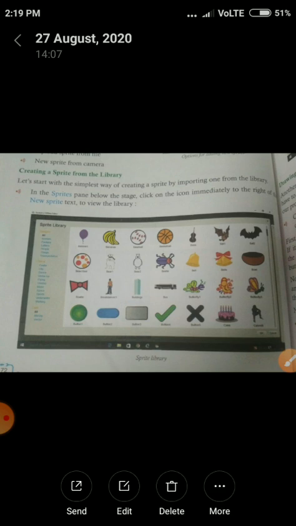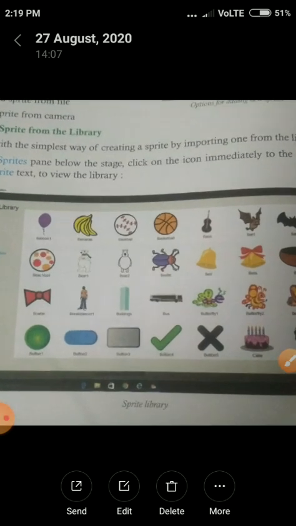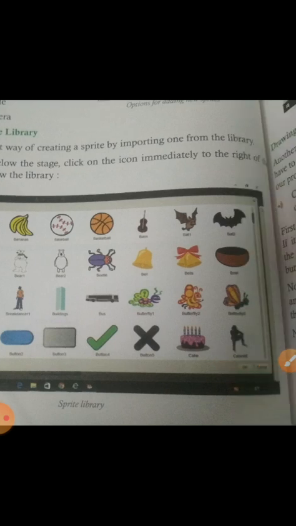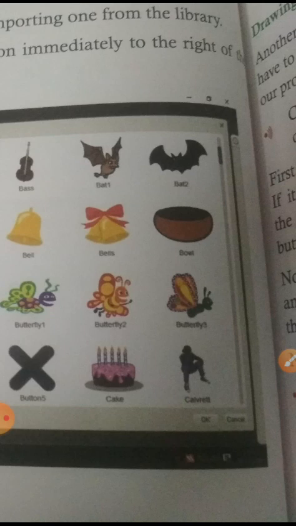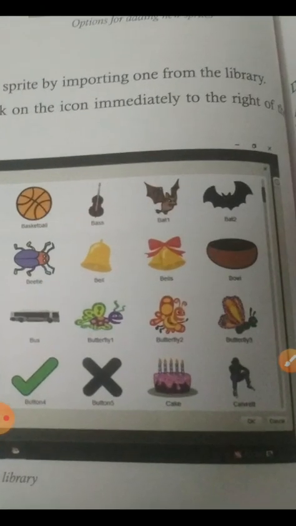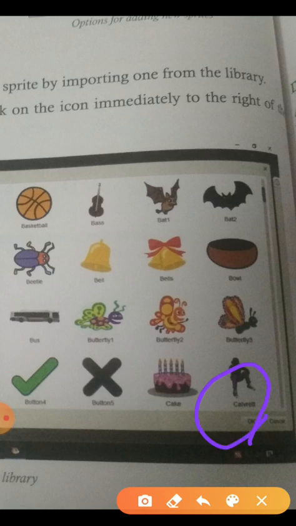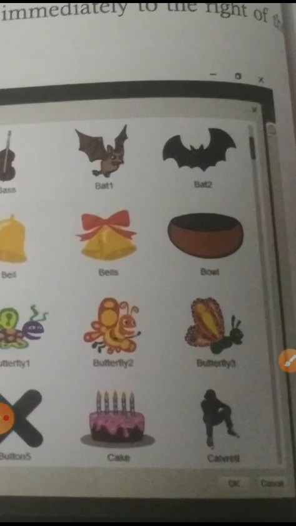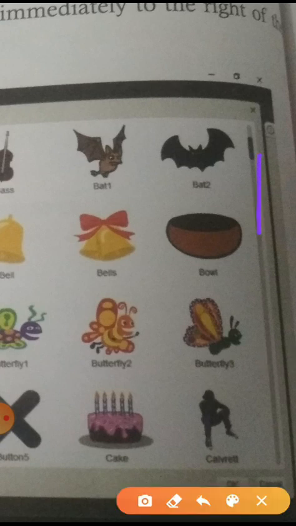So first, we click any icon from this sprite library and click on the OK button. This OK button is provided below this library. Look at this. It is present here. You just click this button, so the new sprite is inserted. And look here carefully, this one tool.